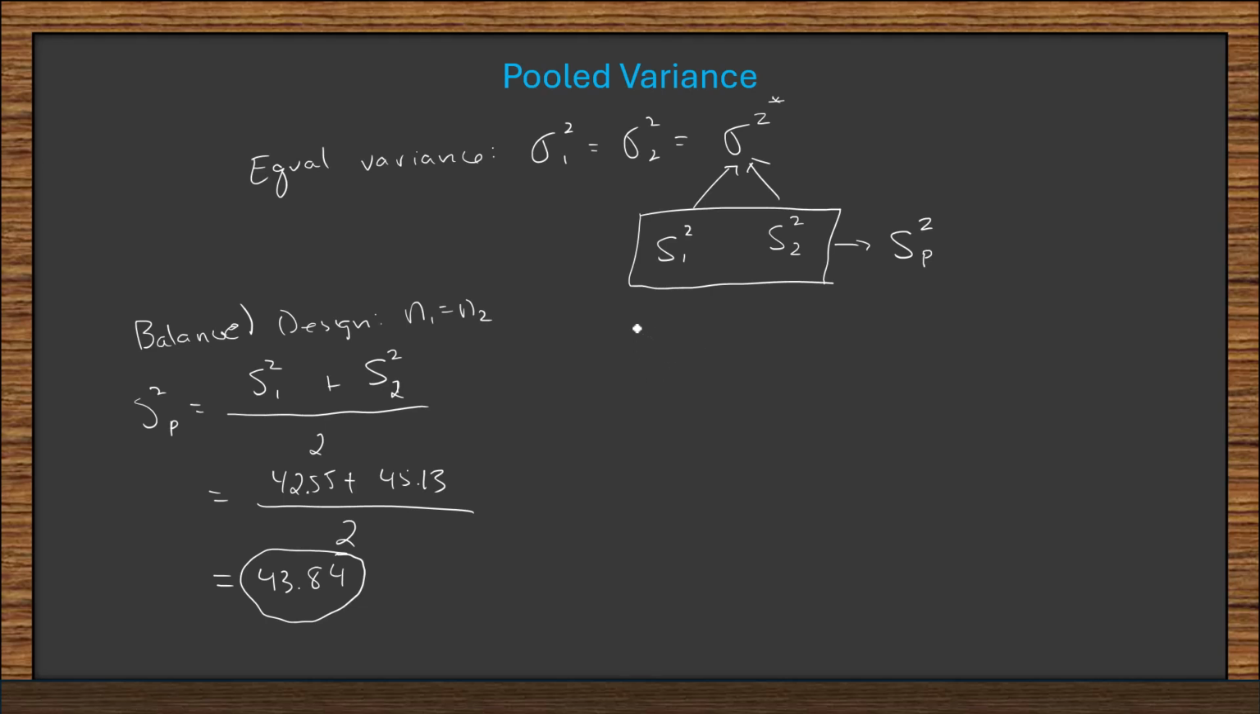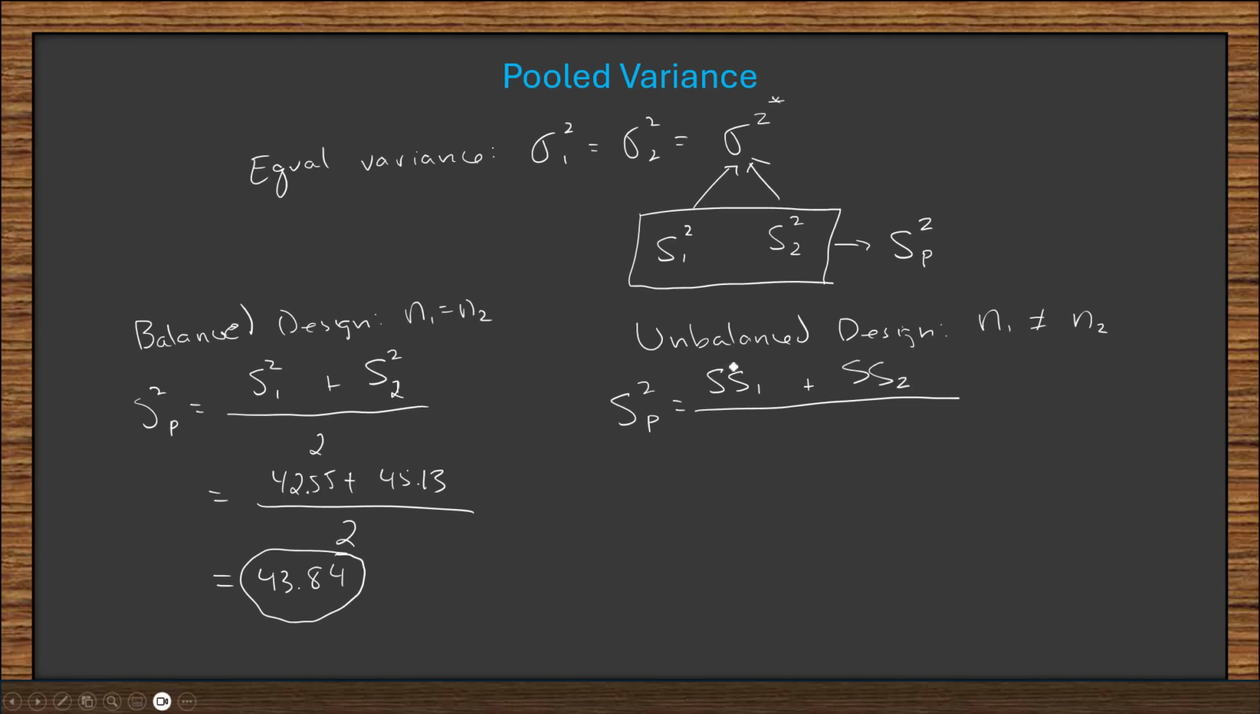But what if we don't have a balanced design? What if we have an unbalanced design? This is where the sample sizes for the two groups are not equal to one another. Well, in this case, we can't simply average the two variances. Instead, we're going to compute the pooled variance by first, in the numerator, summing the sum of squares for the first group with the sum of squares for the second group. Now, this sum of squares is simply the numerator in a sample variance. So we take each observation in that sample minus the mean, squared and summed up. Then we're going to divide by the degrees of freedom for the first group plus the degrees of freedom for